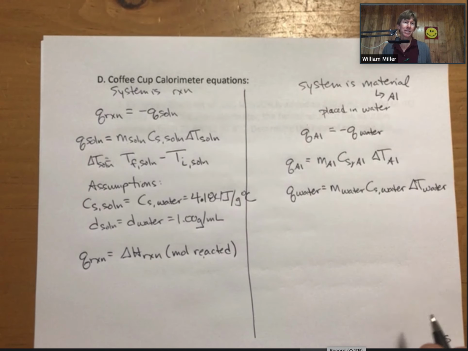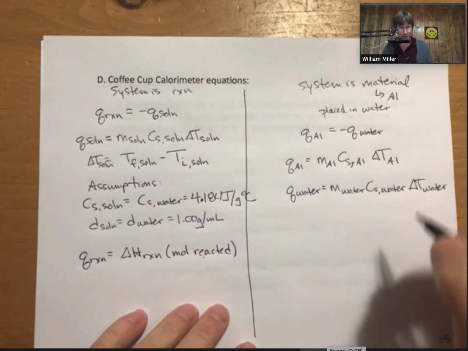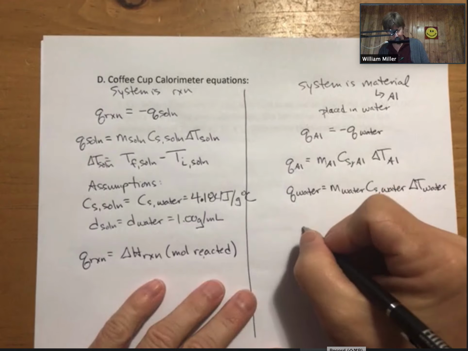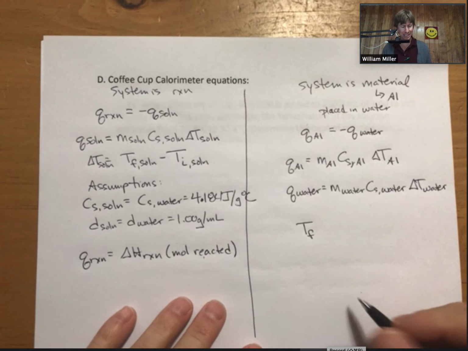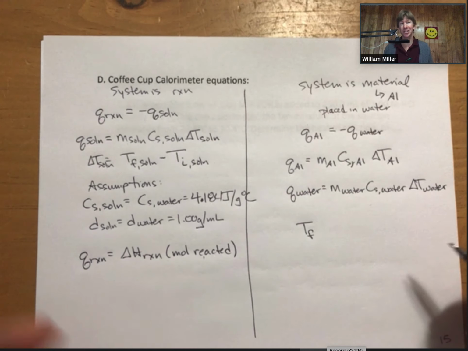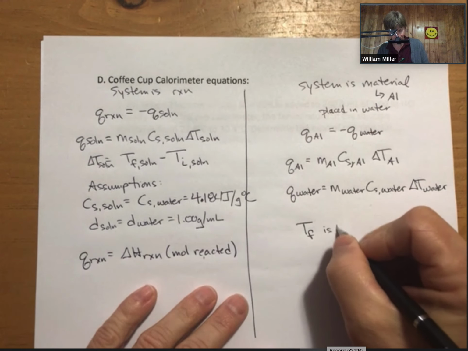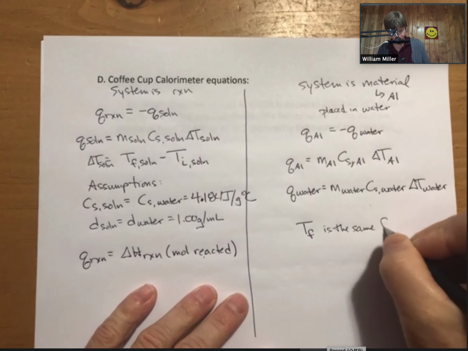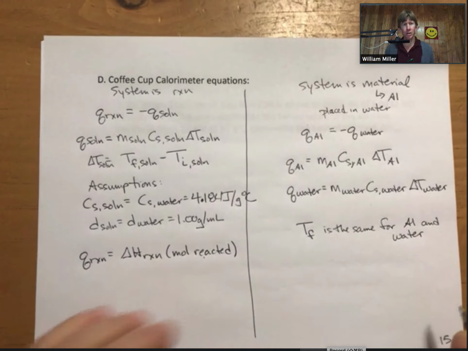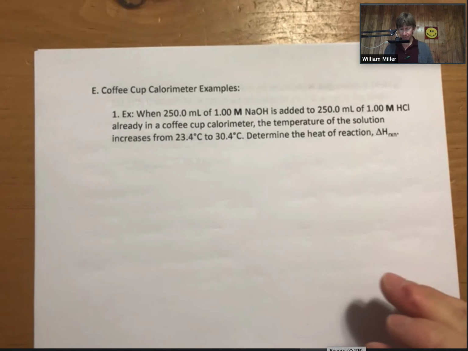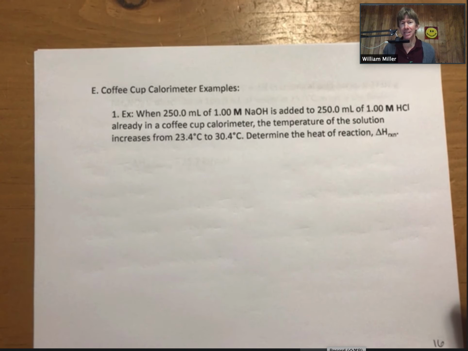And I think the one thing that comes up pretty frequently in these types of problems is that we're solving for T final, and that in these types of problems, T final is the same for the aluminum and the water because you'll be mixing them together. So T final is the same for aluminum and water. You won't in fact have two separate T finals. They'll both be the same, and that's what you'll be solving for, as I think we'll see. That seems like a good place to stop. We'll save the examples